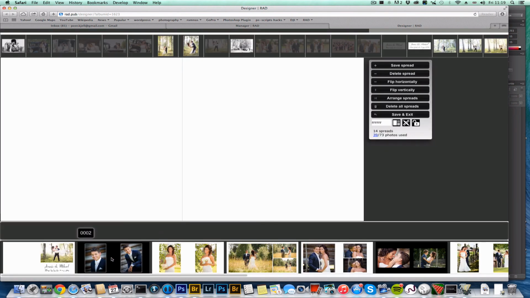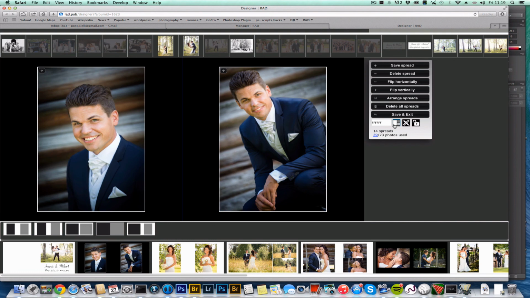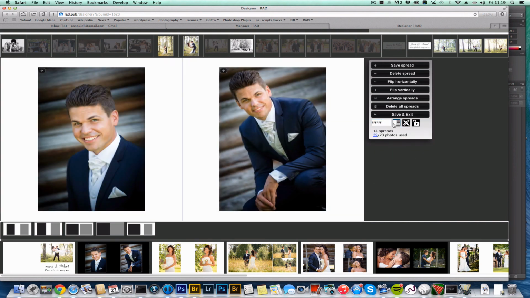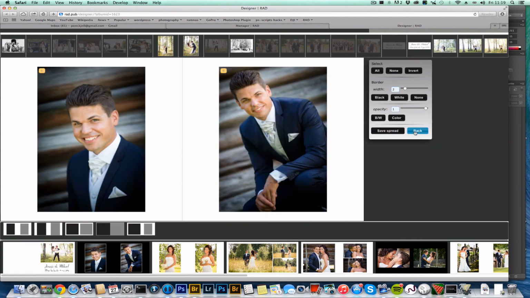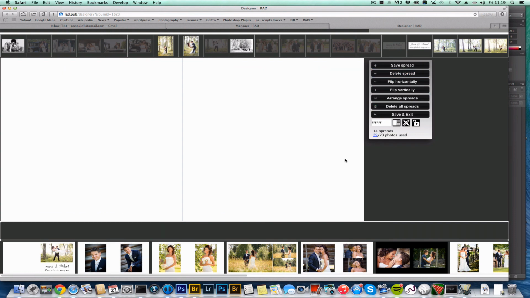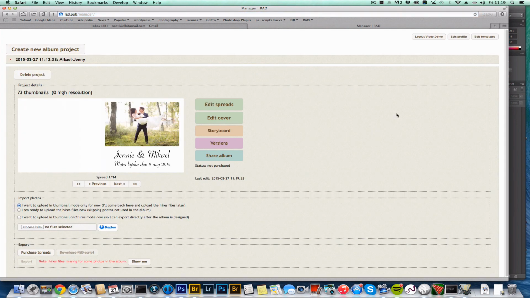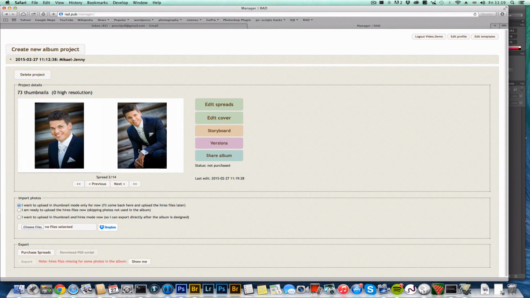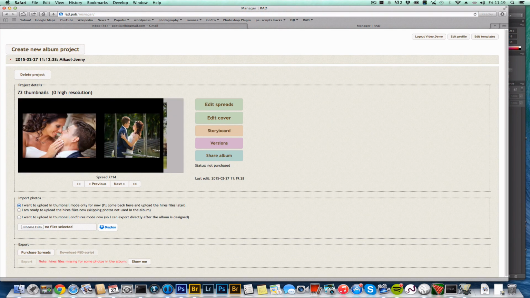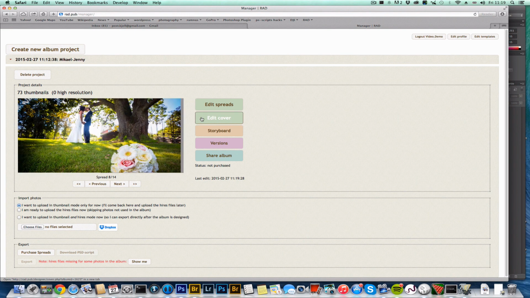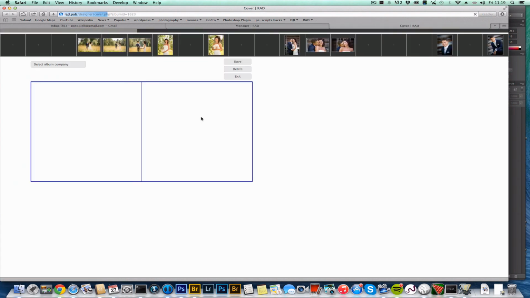And once I'm finished, I can always come back and change a spread. In this case, I think I want a white background instead, and let's get rid of the white borders that you can't see, but there. So we'll save that and finish, and when we come back to the manager, we have a little flipbook already, so you can proof your album. Let's do a cover for this book,